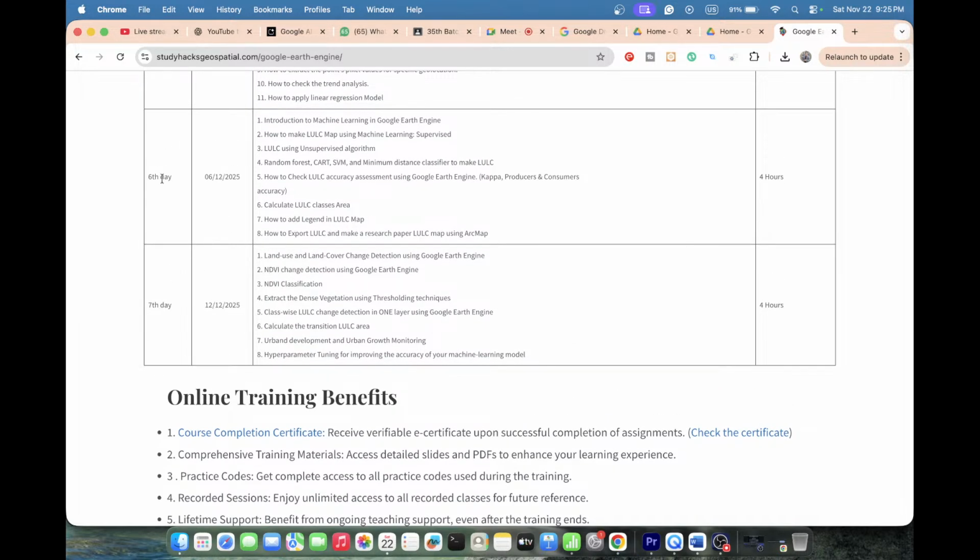And the sixth day we basically discuss machine learning. Okay, suppose supervised, unsupervised. So how we can easily use the supervised and unsupervised machine learning, and how to make the different